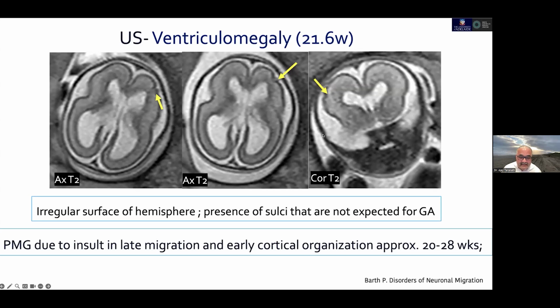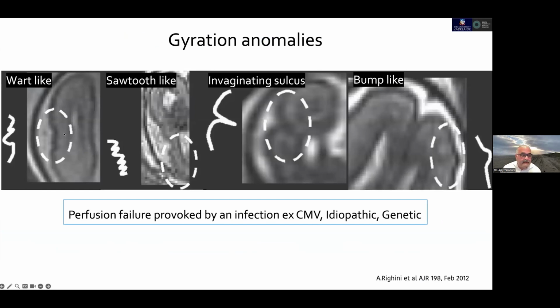To address this, there is a beautiful article that came out from Andrea Rossi's team about evolving polymicrogyria. Incidentally, polymicrogyria is usually due to insult in late migration and early cortical organization, approximately 20 to 28 weeks. And if you have heterotopia associated with it, you would probably postulate that the insult was much earlier. So this was the article, and these were the various configurations that they put out: wart-like, sawtooth-like, invaginating sulcus-like, and bump-like, which are features that would evolve into polymicrogyria. This is thought to be due to perfusion failure provoked by an infection, most likely CMV, but could also be